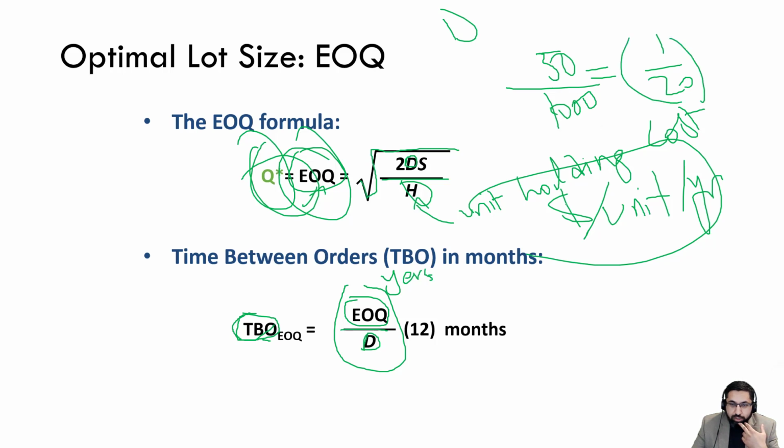So that's 1 over 20th of a year. You can multiply it by 12 months in a year to convert it to months. You might get, okay, that is 12 over 20 months. That's a little bit over half a month. So every half a month and a few days, like every 2.5 weeks or so, you will be placing another order,